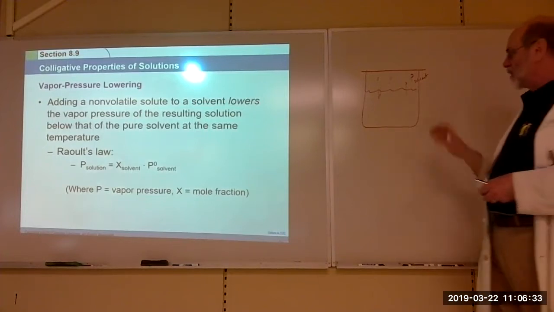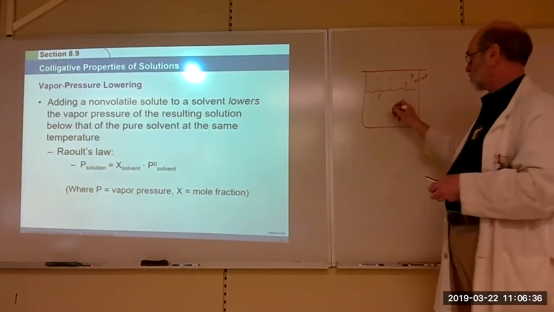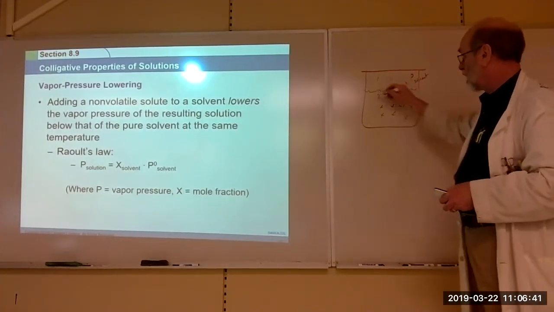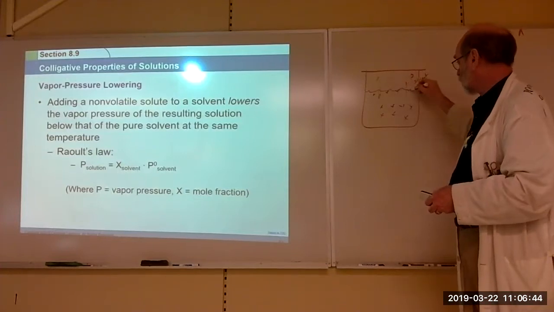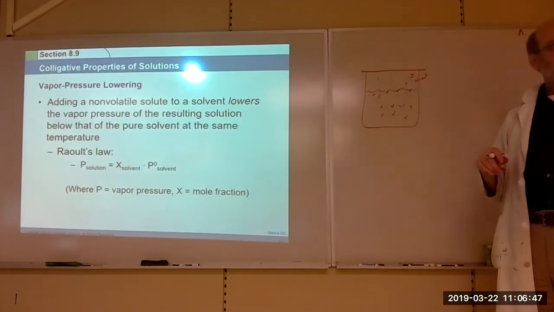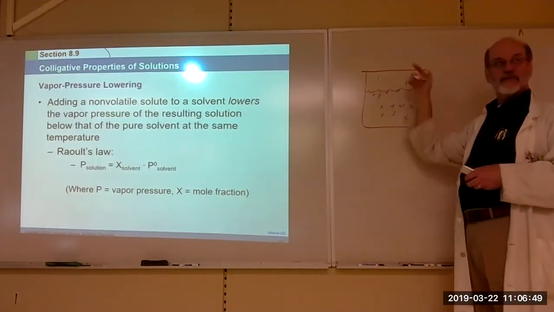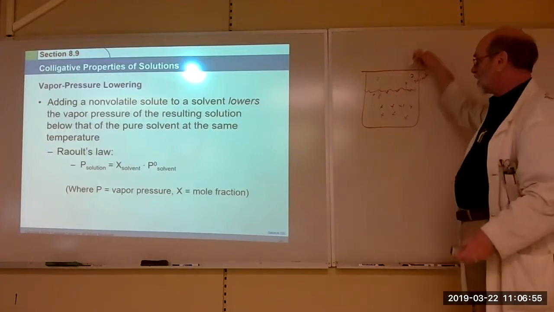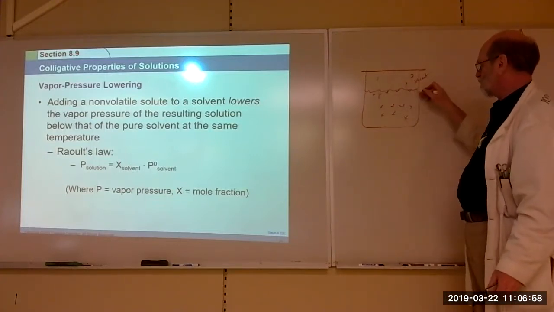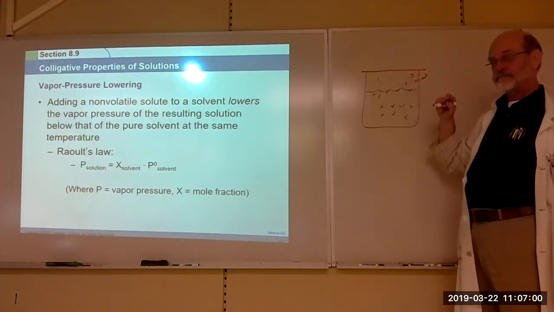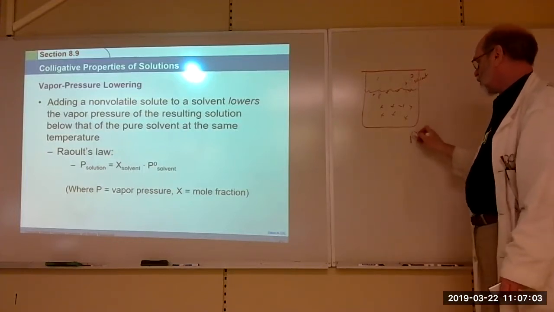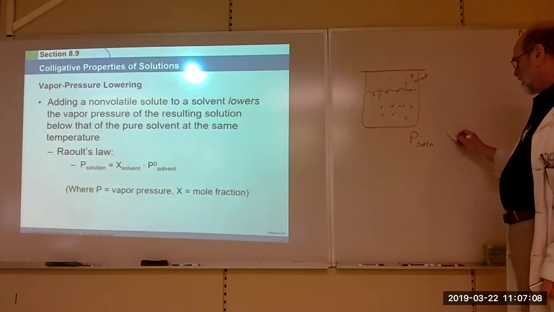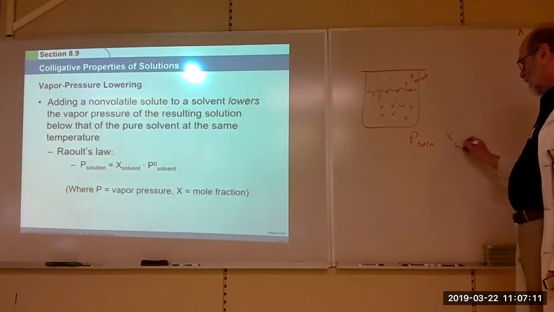Now, what happens if you add some solute to that? Like salt. Well, you've got that everywhere in your solution, so the surface has some of it. So that decreases the amount that leaves the surface because some of it is salt and it's not volatile. Right? So you decrease the vapor pressure because there's not as much of your solvent at the surface. And this is the expression. So the vapor pressure of the solution is equal to this value of the solvent